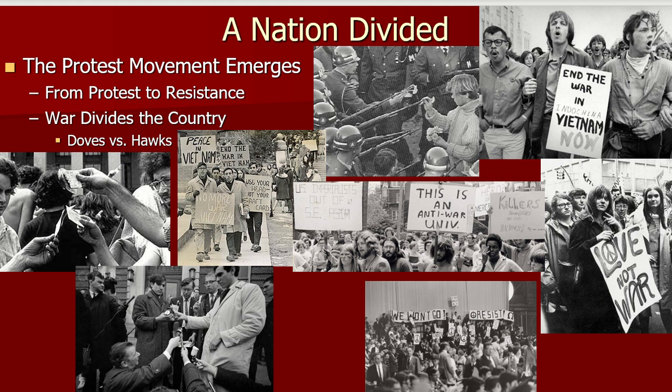You do see a lot of draft protesting. People would avoid the draft if they could. In fact, a lot of our presidents found ways to avoid the draft, like Bill Clinton fled to Canada. George W. Bush went to the National Guard to avoid going into the war. And, of course, Donald Trump got medical waivers to get out of the war, too. But a lot of people did those kinds of things to avoid going into the war, finding medical excuses or fleeing the country or whatever it took to get out of serving in the Vietnam War.